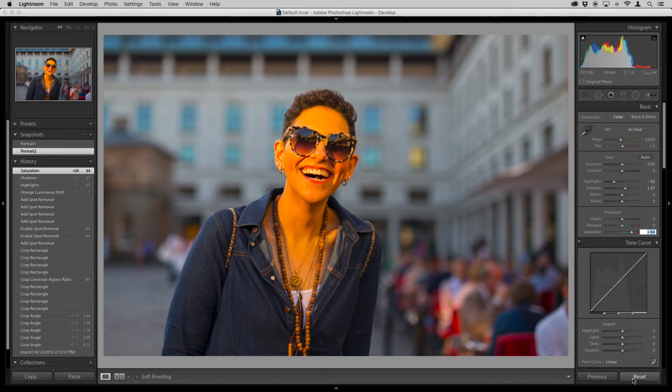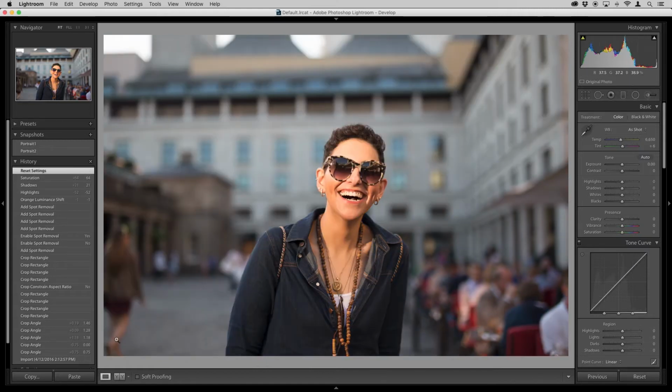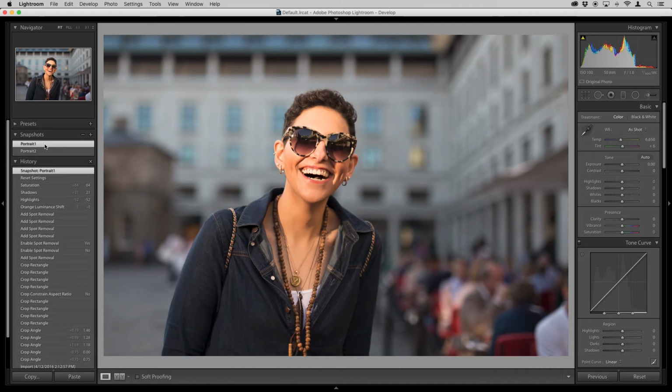even reset this to default and start playing with something completely different. At this point, I've got one version right here, which is basically reset to default, and then I have these 2 moments of time that I froze. So if I click on portrait 1, it applies the first snapshot, which had all the settings that I had before, with the crop it looks like and maybe some leveling here. And then the second one is where I completely killed the picture and applied crazy 64 saturation.